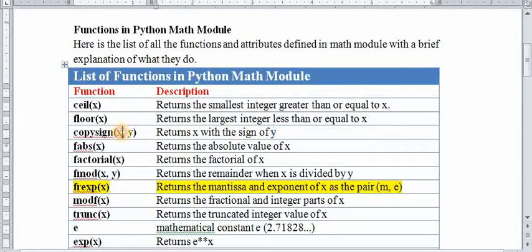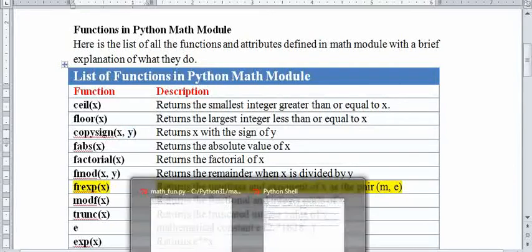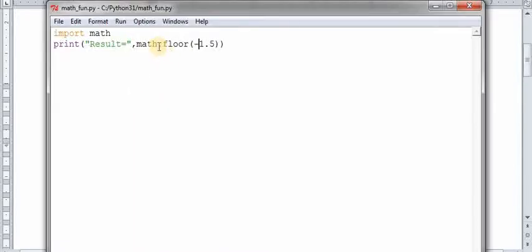Okay, it returns x with the sign of y, which means x will copy the sign of y. Now let's check it. We are using the function copy sign, and you have to use the math keyword also. Math dot copy sign, and you have to use two parameters here, like 2,